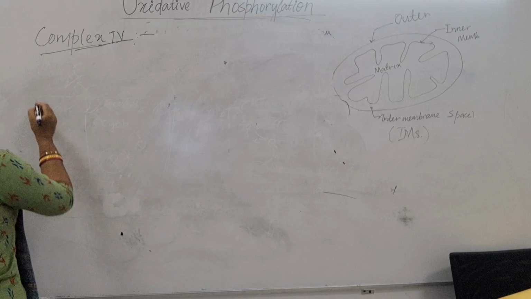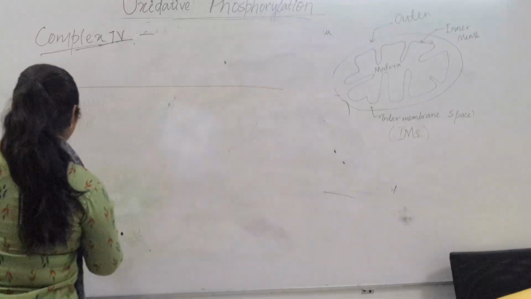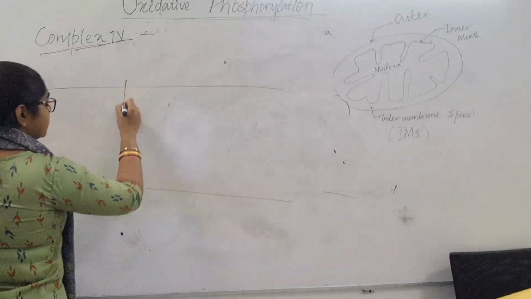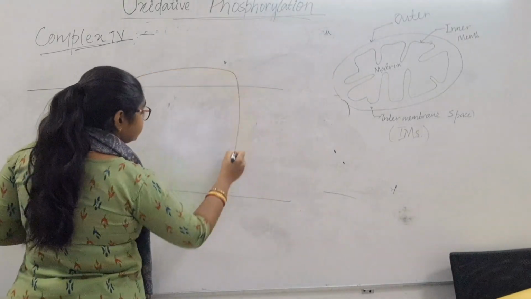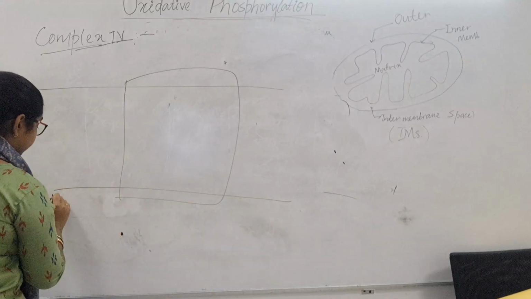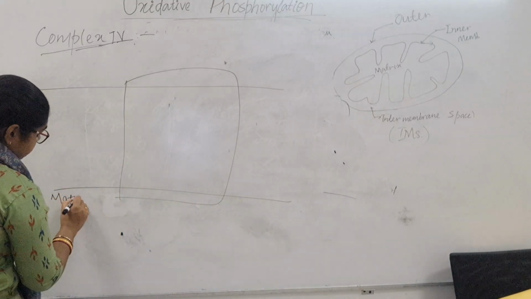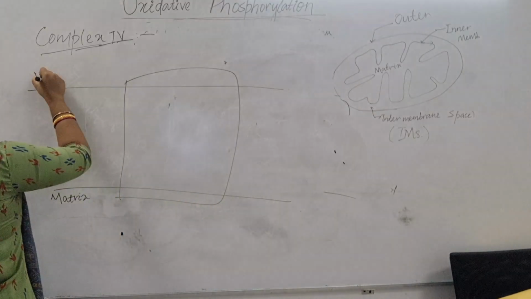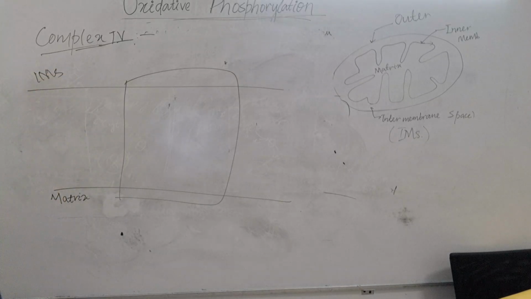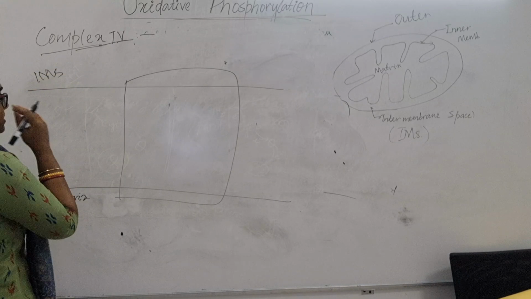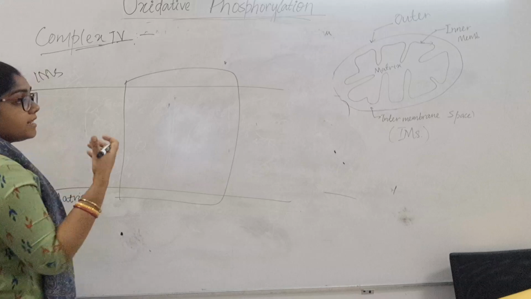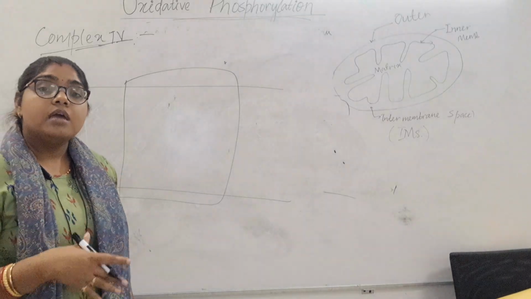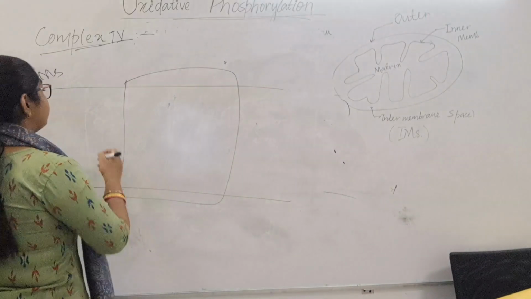In complex 4, this is the inner membrane. This is complex 4. This is the matrix, and this is the intermembrane space. Okay, and here what happens: the cytochrome C that carried the electrons from complex 3,